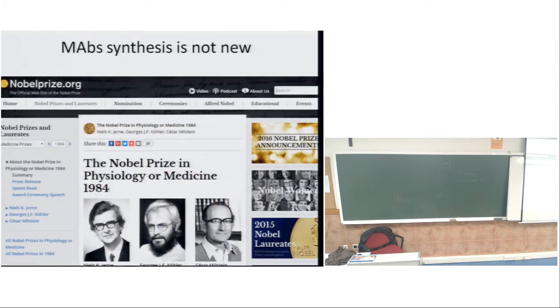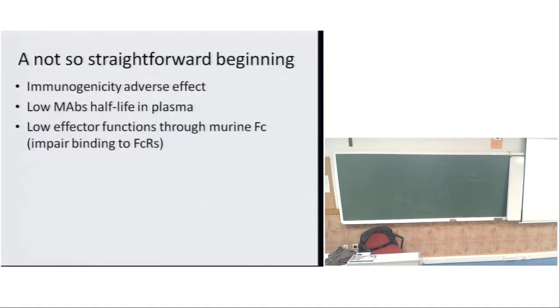these are the guys who discovered this kind of procedure for creating monoclonal antibodies. So that was quite a long time ago. If we think about 1984, it is quite a long time. So why haven't we used monoclonal antibodies in therapeutics during that period? Because monoclonal antibodies in therapy are very new. It's something really new. It could be, I don't know, maybe 15 years, something from the 21st century. So why was it so complicated at the beginning?